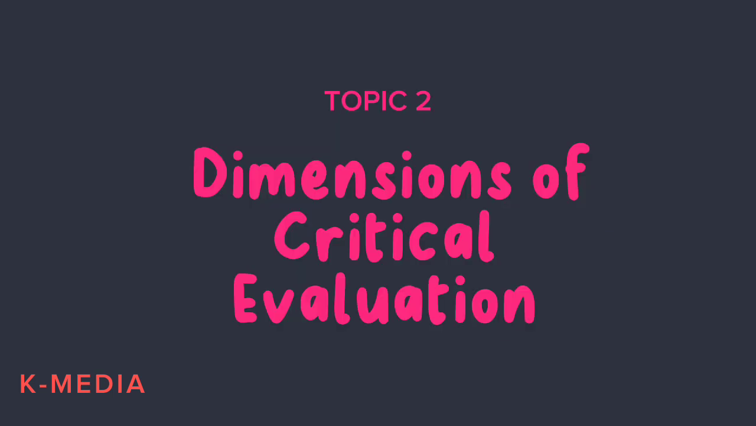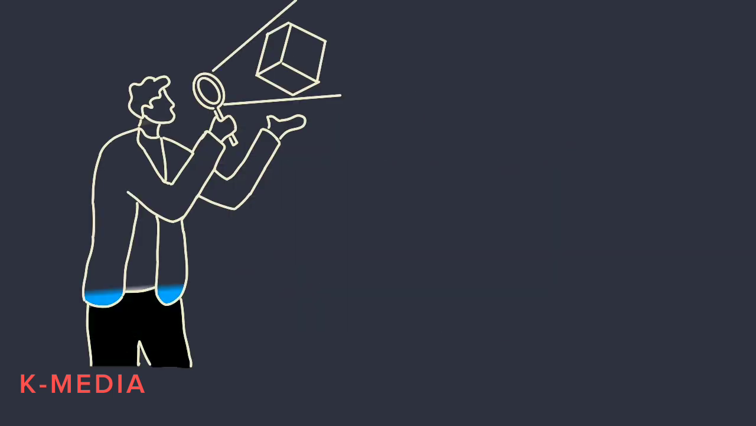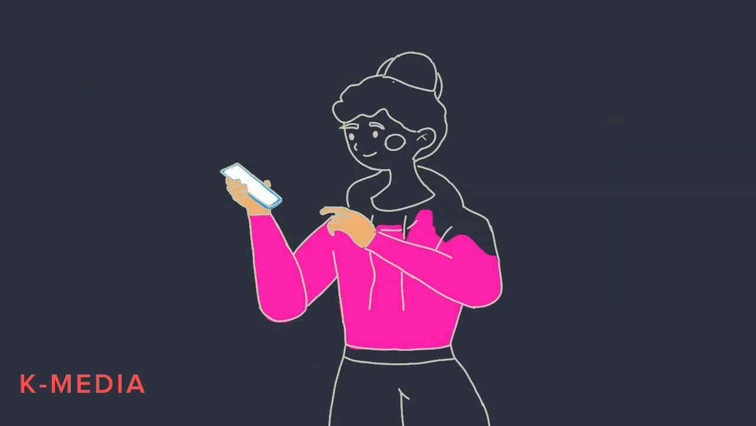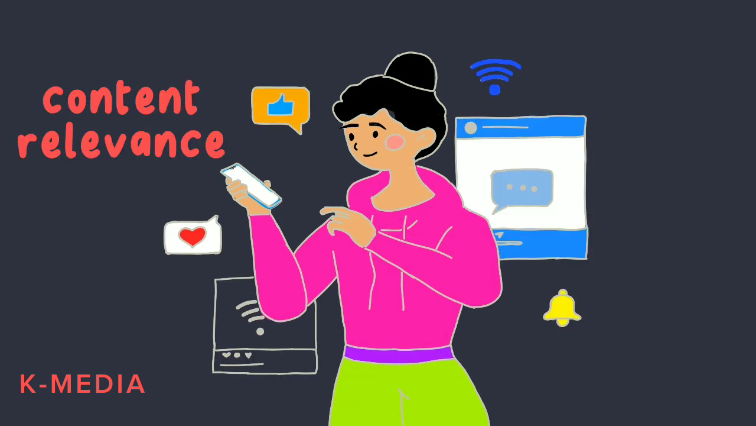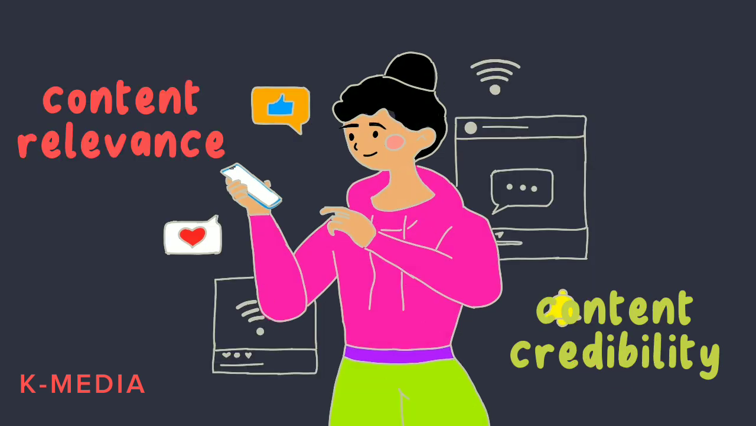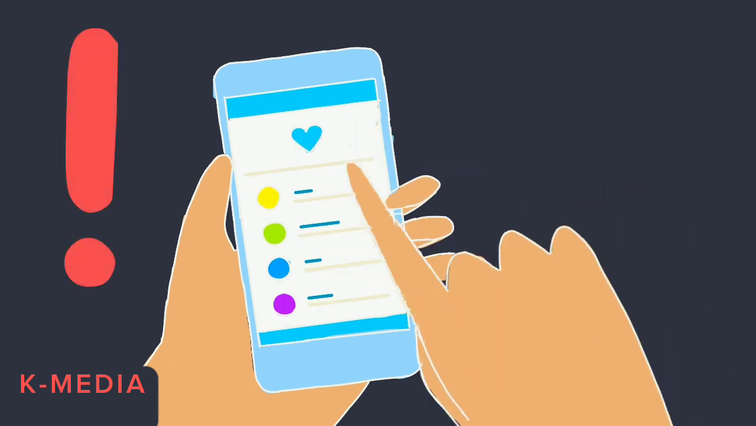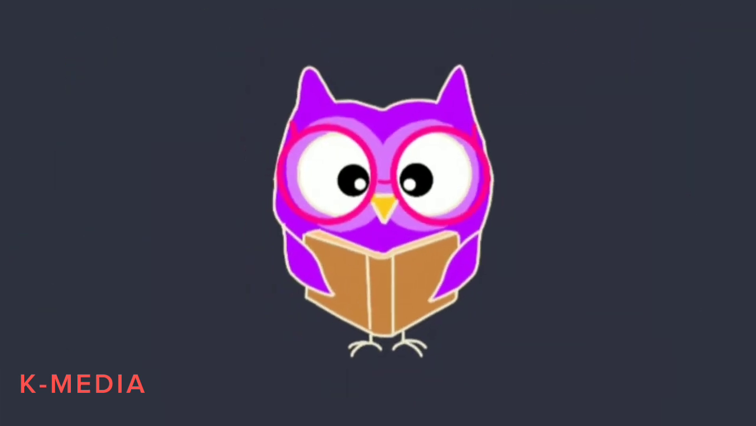What is critical evaluation? Do you know its dimensions? Cora stressed the need for adolescents to be critical in viewing online information, having noticed that more students are concerned with content relevance than content credibility. This is alarming because, by doing so, students become agents in spreading fake news, a concept which media scholars have